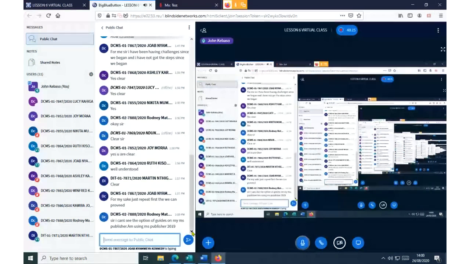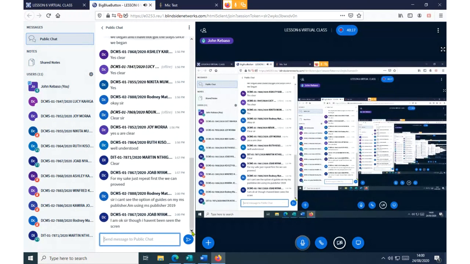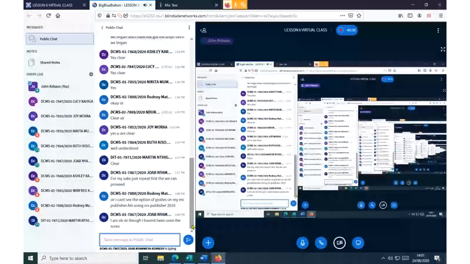Okay. Yeah, if you're using 2019 it is a bit hidden. You need to look on the guides. I'll give you the details later. All right, there's not much difference. You must click on page design, then look at the page setup. Definitely you'll be able to get it. Job, you are not seeing the screen.